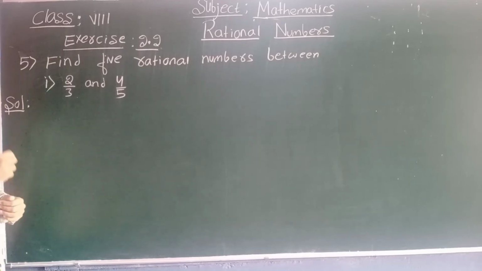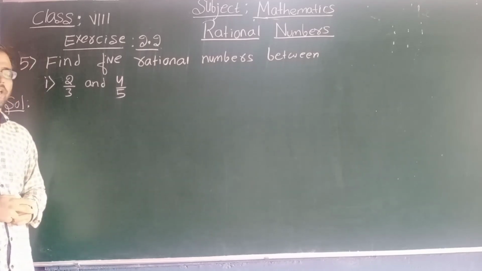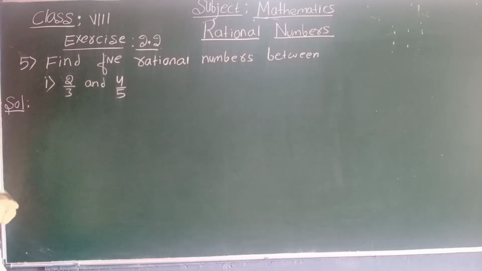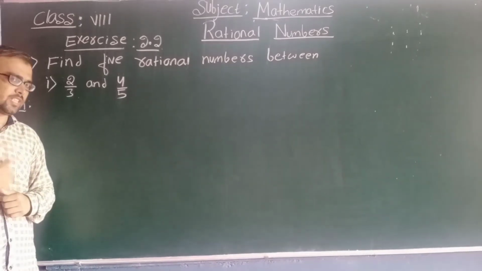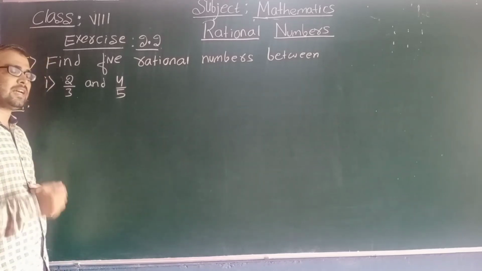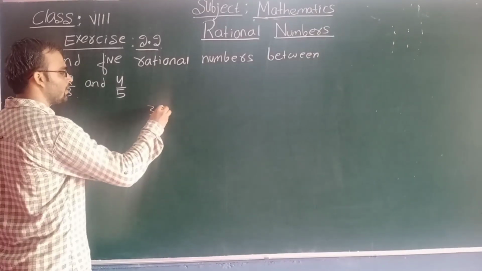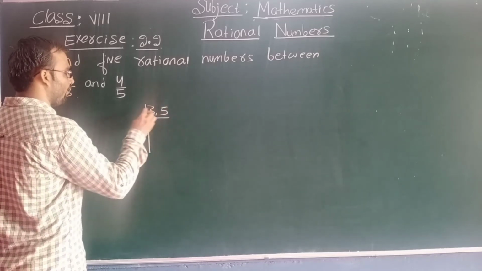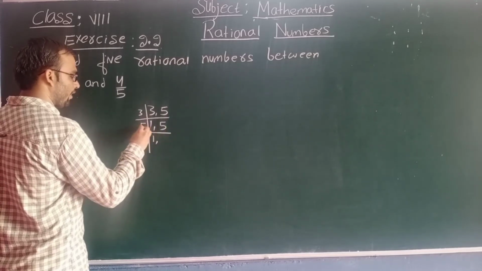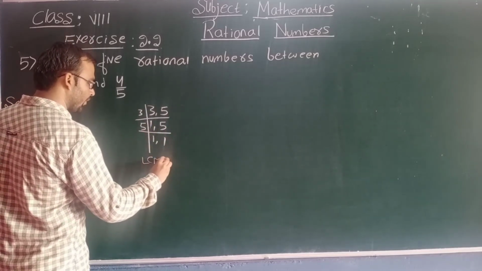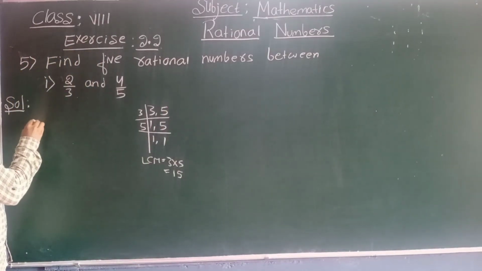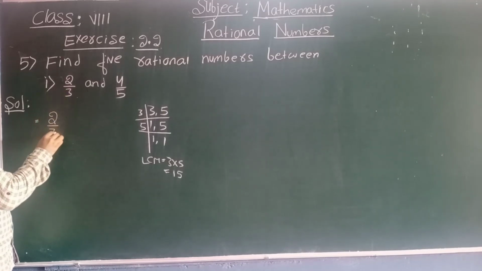So looking at the question, what comes to your mind first? Okay, so look here, as the denominator is not equal, what is the first step we need to do? We need to equalize the denominator. So let us equalize. That is, we need to find the LCM of 3 and 5. 3 ones are 3, 5 as it is. 1 as it is, 5 ones are 5. So what is the LCM here? 3 into 5, that is 15. LCM is 15.